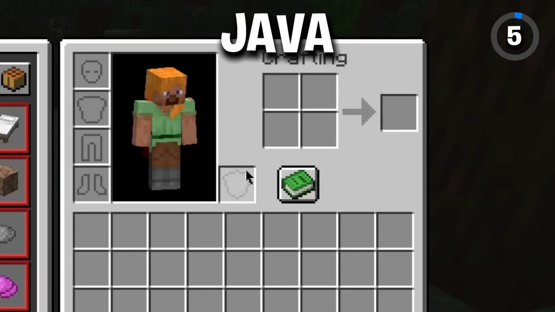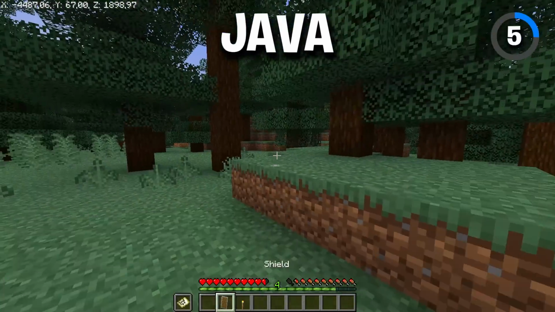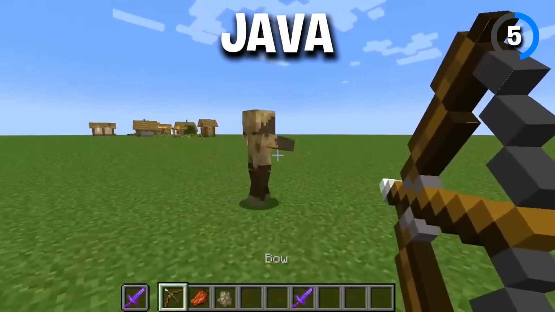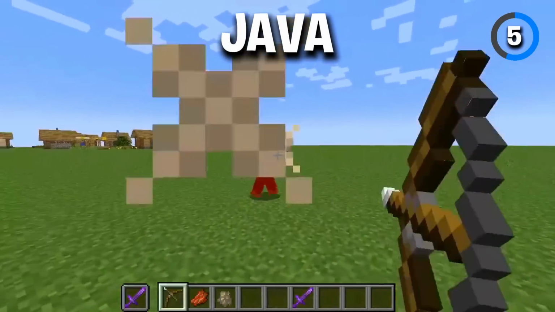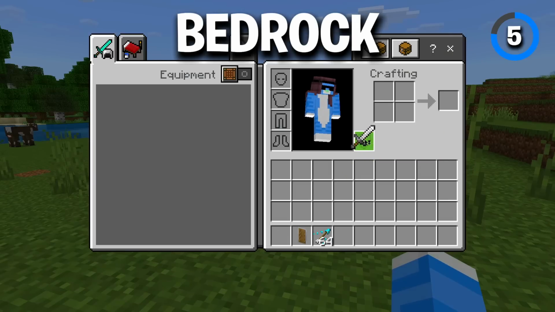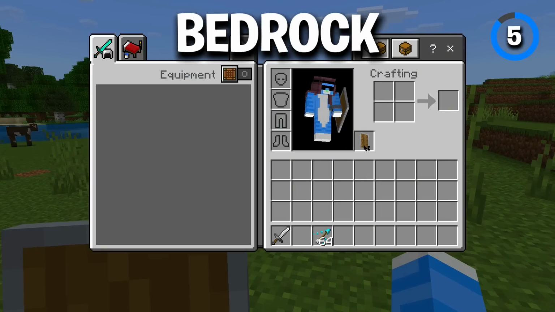The offhand slot in Java Edition is extremely useful. You can hold any item, including shields, maps, torches, or blocks. Players can use this slot for quick access to tools and blocks. In Bedrock Edition, the offhand slot is not that useful because you are limited to holding specific items like shields,